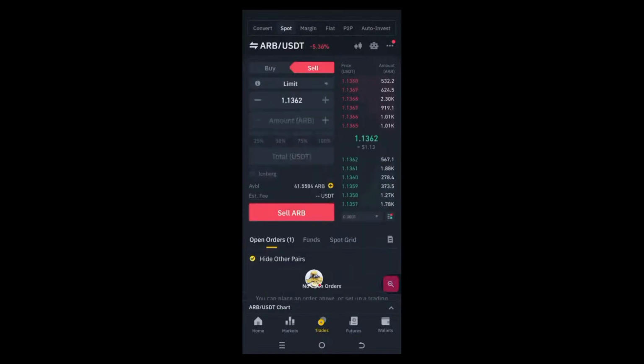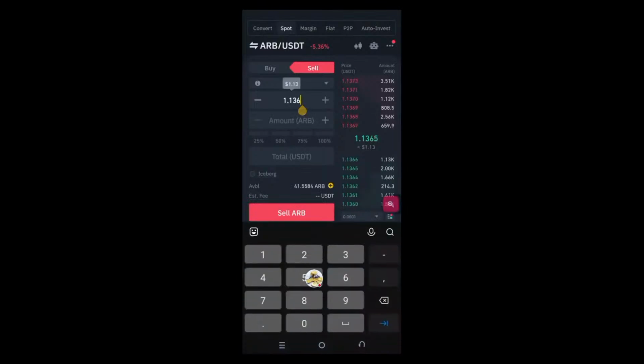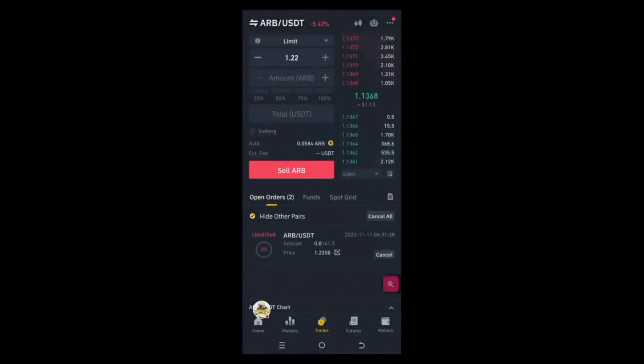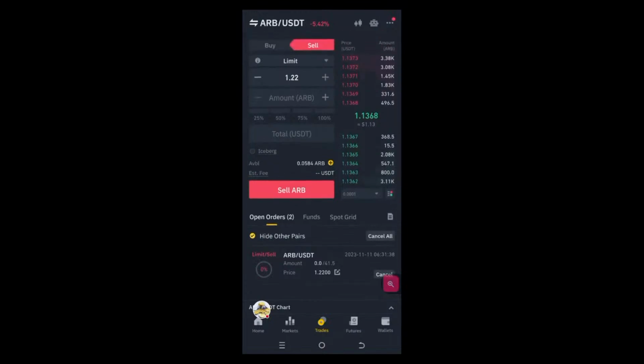Let me go to limit, because this is my absolute best, right? So for limit, I'm going to set the price I want. So I've said I want it as 1.22 for now, because I want to just get some minimal profit and I'll be out. Pick up the 100%, be okay with my 63 cents, and I go up. That's like 1.3%. And now if this takes me 1 day to get there, my money is still safe. It's not going to cancel. If it takes me 2 days to get there, my money is still there. It's not going to cancel. So for me,